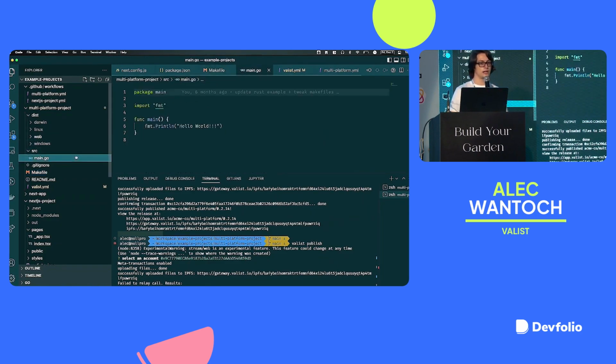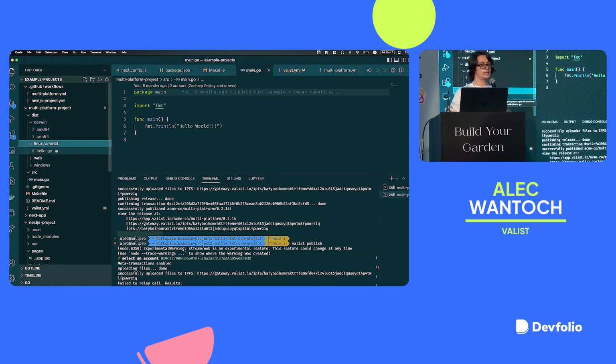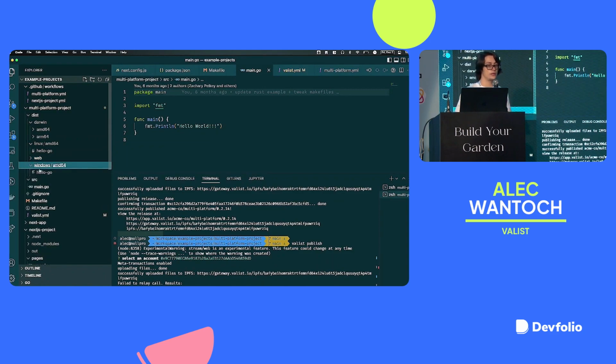Essentially, this is a combination of a Go binary and a website. Most organizations tend to build cross-platform, like we'll have a mobile app and a website, or a desktop app and a website, or various combinations of those, so you can include them all in a single release with this. We just have an example for a Hello World Go binary that gets compiled to Mac builds, both for Intel and M1, ARM64. For Linux, we have AMD64 in here. We have a web front end here, as well as Windows.